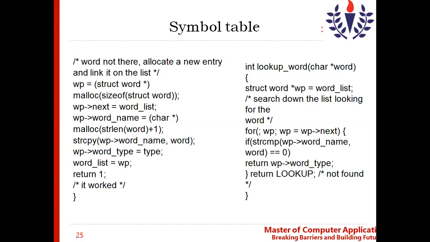Based on the return value, we'll come to know whether it is 1 or 2 or 3 or 4 like that. So that is what happens over here. So this is exactly how we will be able to send the words to the linked list. And in the same way, when you are giving some values, you will be able to match with the words and get to know what is the type of the word also. So while you are giving the input, first of all, you have to give the input starting with the type of the word.